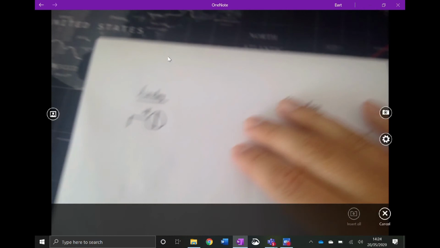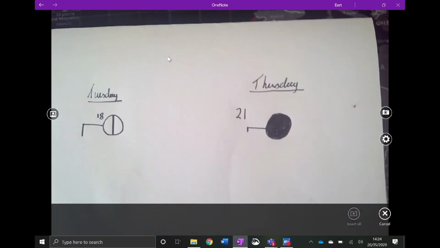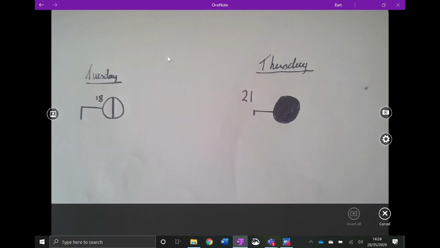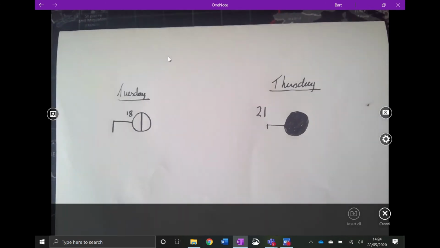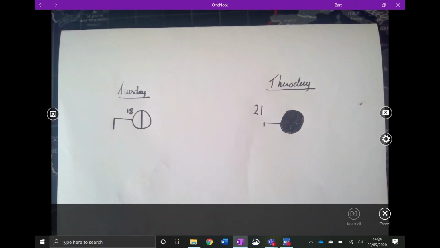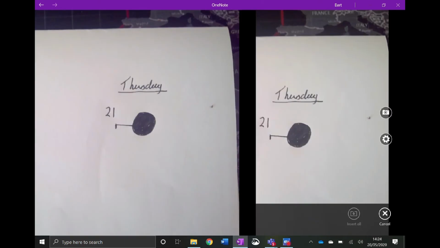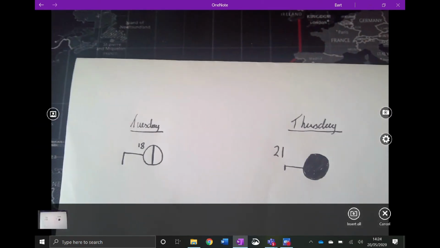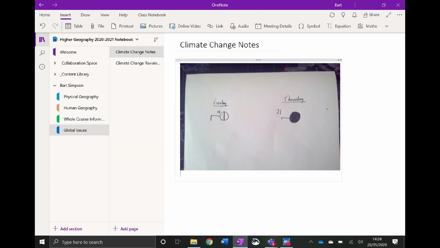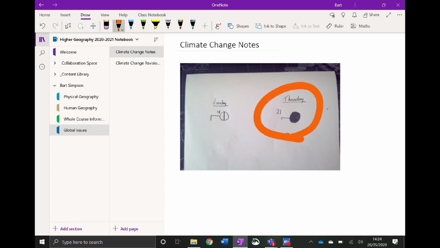So here's some work I've been doing with S3s. I've been tracking my weather station circles every day. And all I do is click the camera button, it takes a picture, and then I press Insert All, and the photo goes into my OneNote document, where I can then go back to the draw tool. I can edit it, and even Dr. yourself could do this and give you some marks,